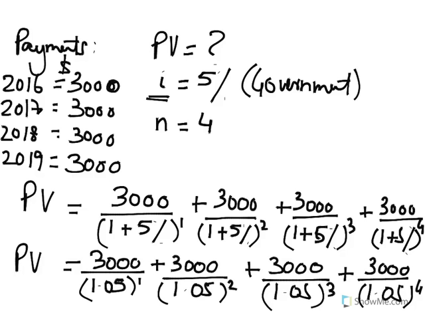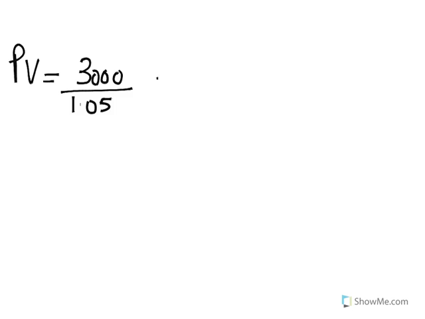You take the present value of all these amounts and you will have your answer. Let's go ahead and rewrite this on our next page. So we're looking at the present value of the first $3,000, divided by 1.05 to the power of 1, which is 1.05. The next $3,000 is divided by 1.05 to the power of 2, which happens to be